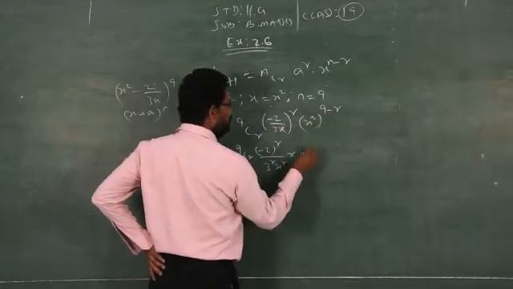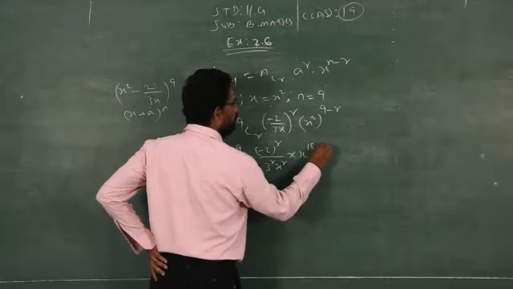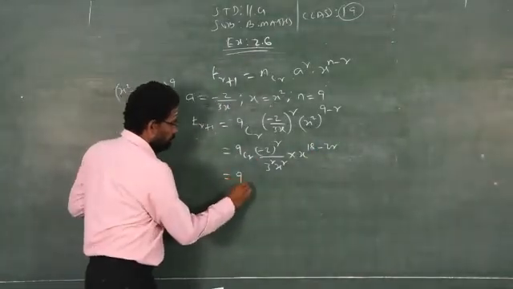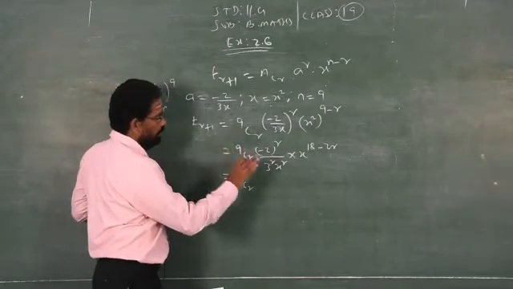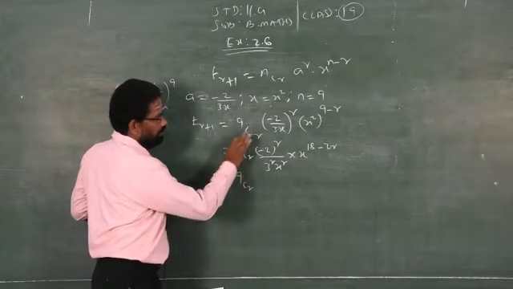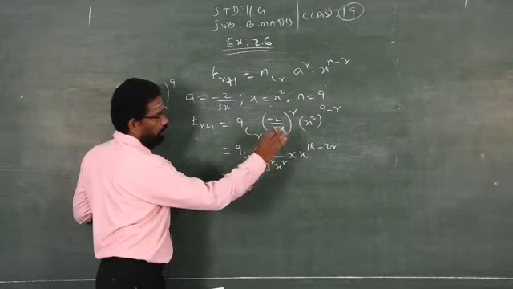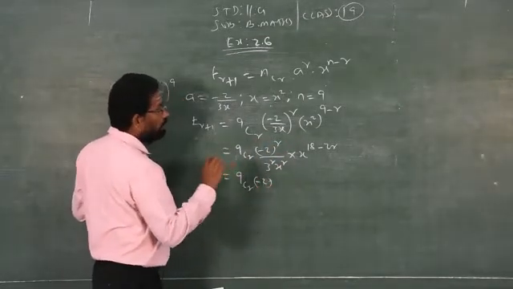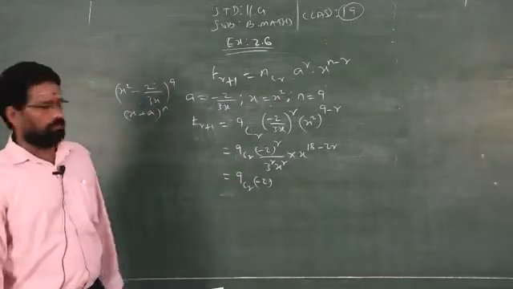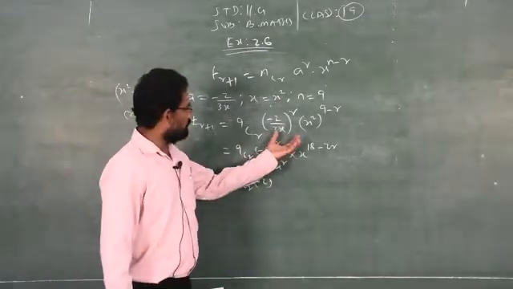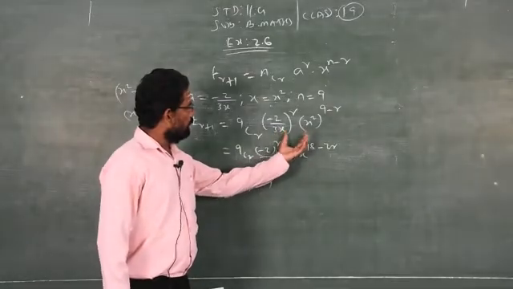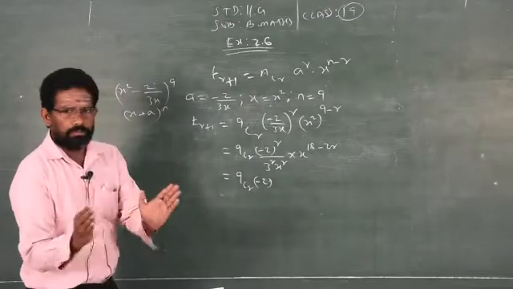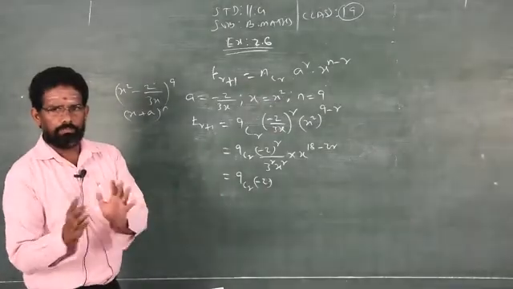X 2 into 9, 18, 2 into r, 2r. So your aim is to group the like factors in one bracket, that's all. That is the main concept to find independent terms or constant terms. Here I just expand by using the basic algebraic concept. Now I have to group the like terms, that is the x variable alone.